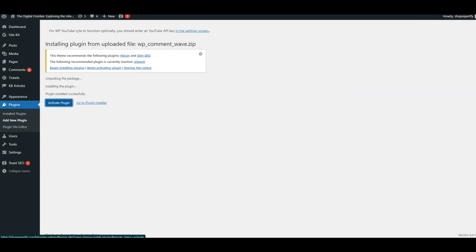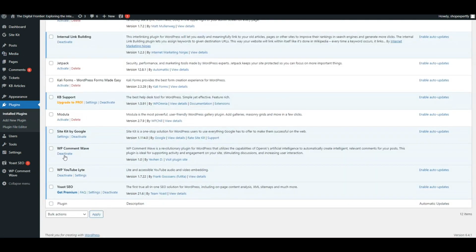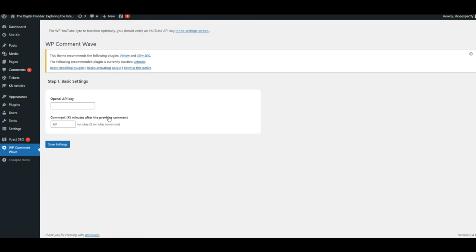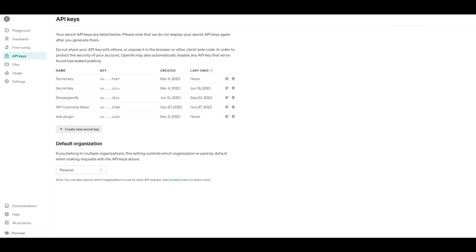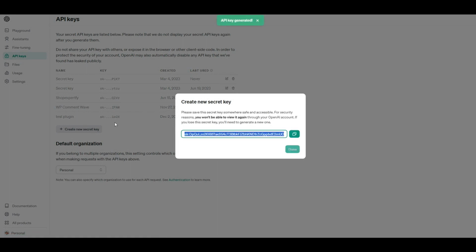First, we need to generate an OpenAI API key. If I'm not mistaken, it's only available for paid ChatGPT accounts. Either way, you'll find the link to generate the API key in the video description. Insert the API key in the corresponding field and save the form. After saving, you'll see the second step of the settings, user generation.